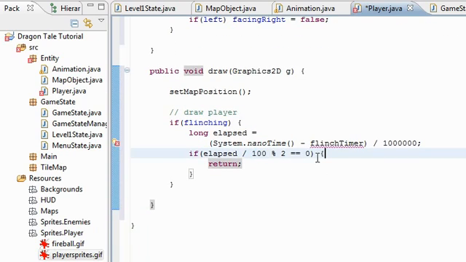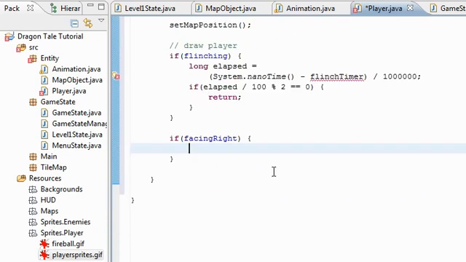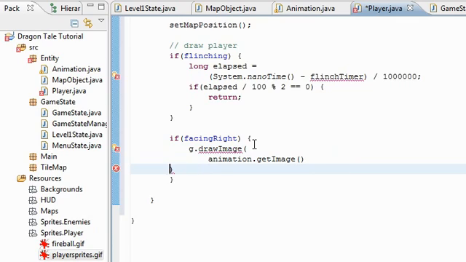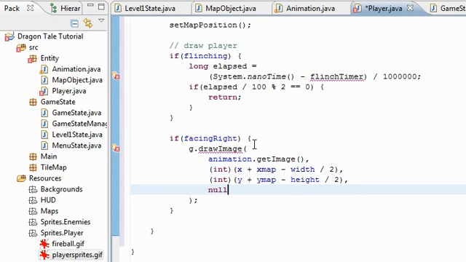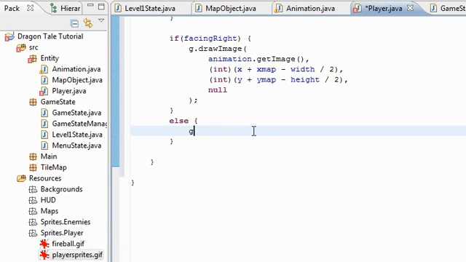every 100 milliseconds. So if facing right, then we have to draw normally, g.drawImage. This is just animation.getImage at position x plus xmap minus width divided by 2, and the y is y plus ymap minus height divided by 2, null. Otherwise, if we're facing the other way, if we're facing left, then we have to draw the